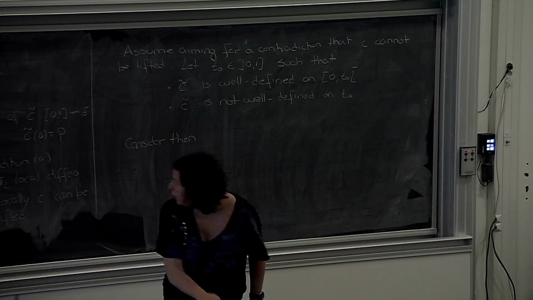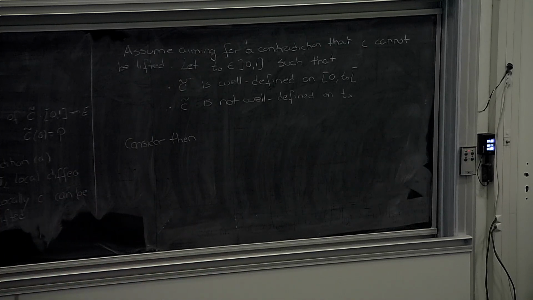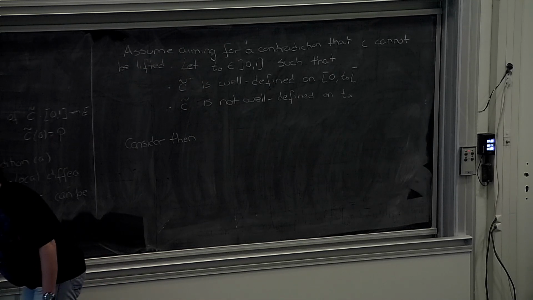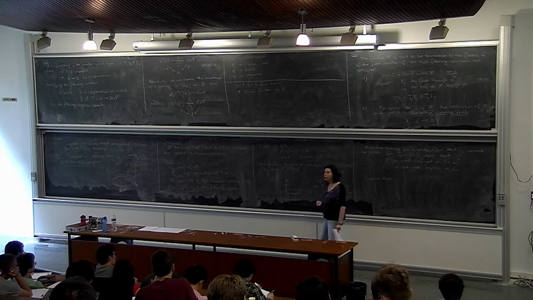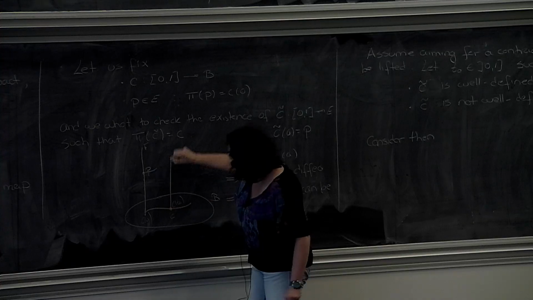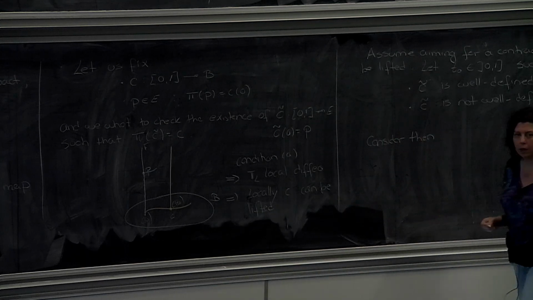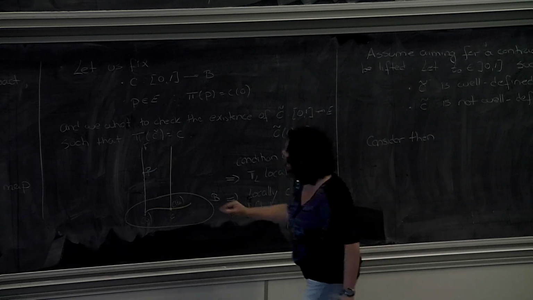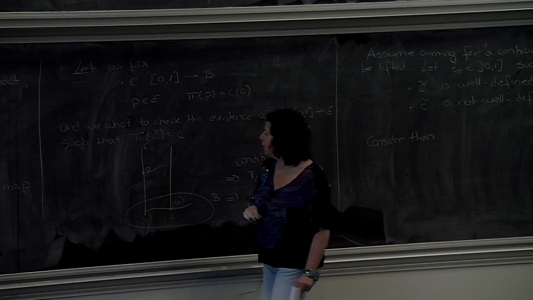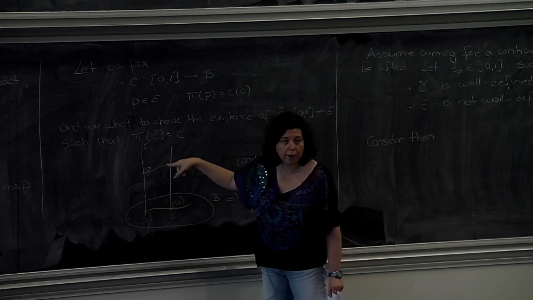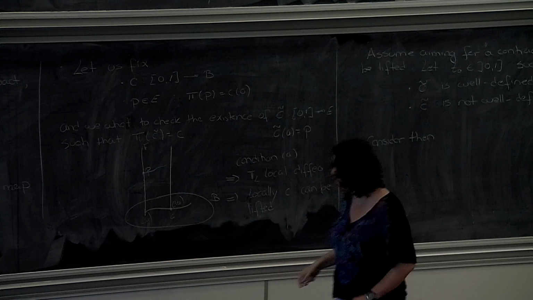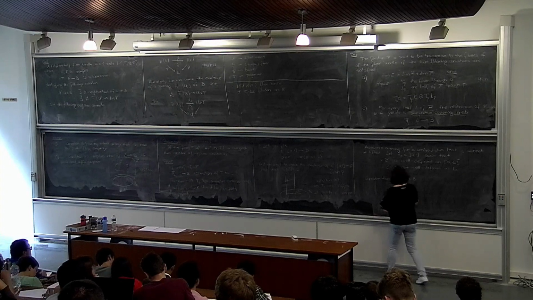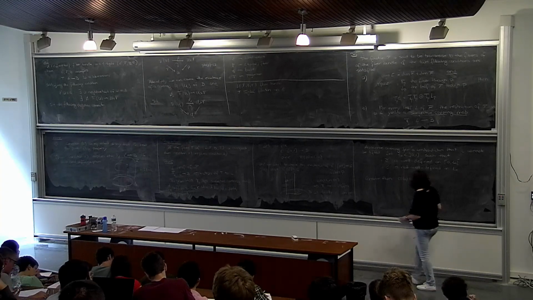So I'm saying that I have here a certain t0. I have here my C of t0. I have the leaf, the fiber above it. Okay, I can lift C almost till this fiber, but I cannot extend to this fiber. Okay, so consider then this point C(t0) on B,